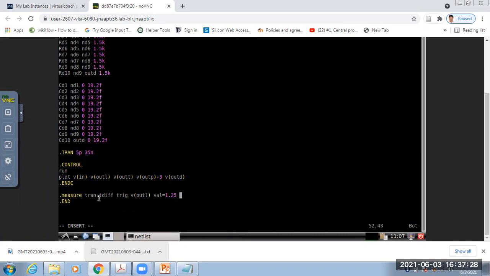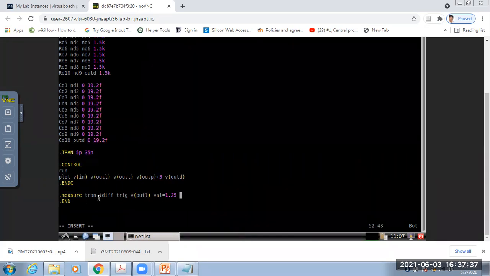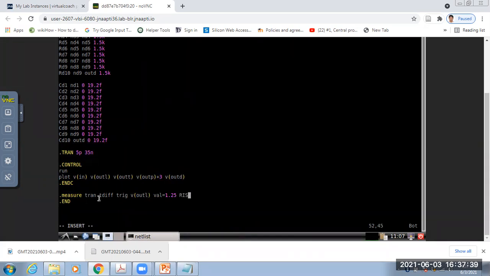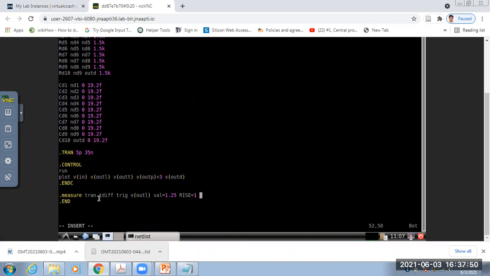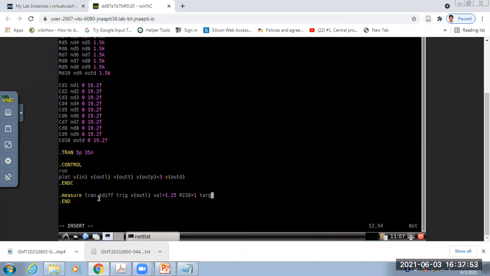Then rise equal to 1. Then target. So it is not V out, this is V in.